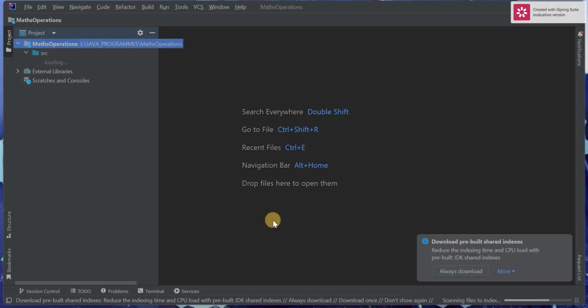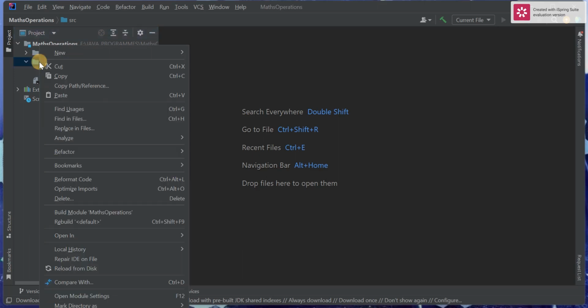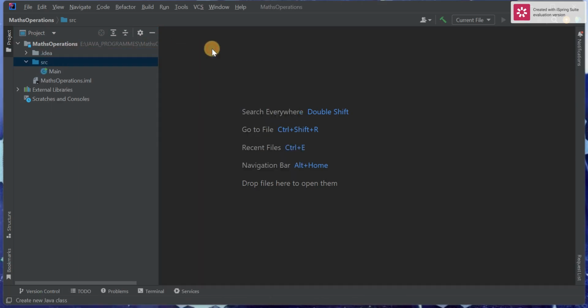So we can see my first project, maths operation, is created inside IntelliJ. Inside this directory or skeleton of my project, there is one folder called the source folder. In this source folder, we have to write our programs. So I am right-clicking on the source, New, Java Class,